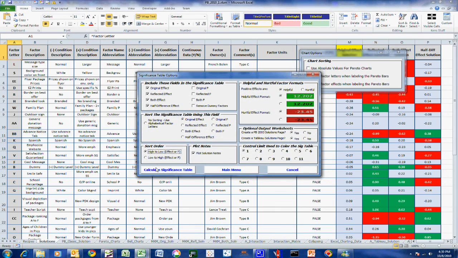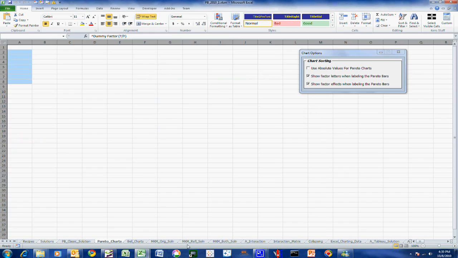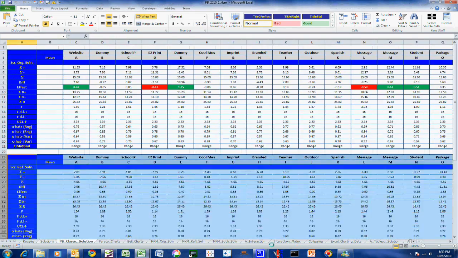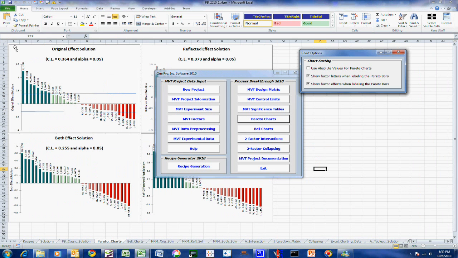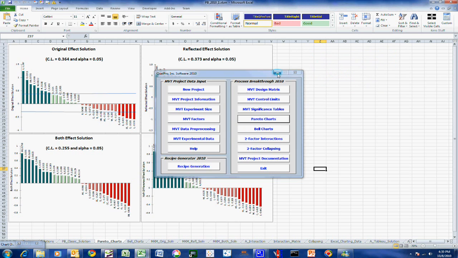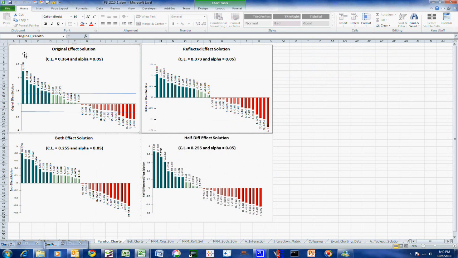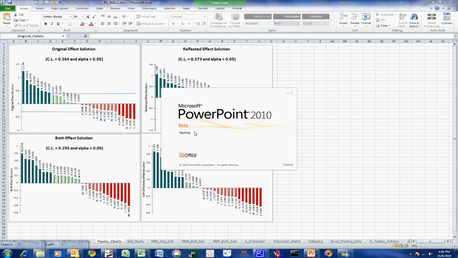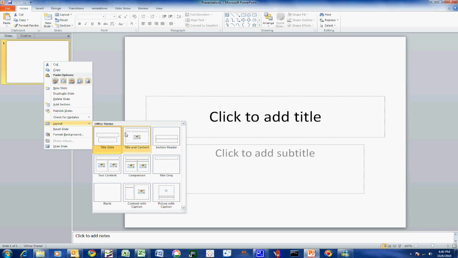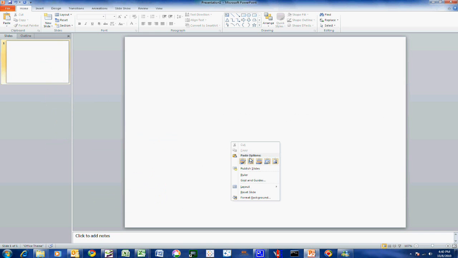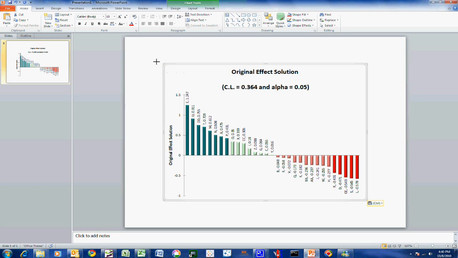But the one thing I will say is that when you're working on these Pareto charts, the functioning of the graphics now is much better than it used to be in terms of being able to take the chart, copying it, and then just simply pasting it into PowerPoint, such as I'm about to show here. And if you just paste it, you get a nice graphic that can be stretched,